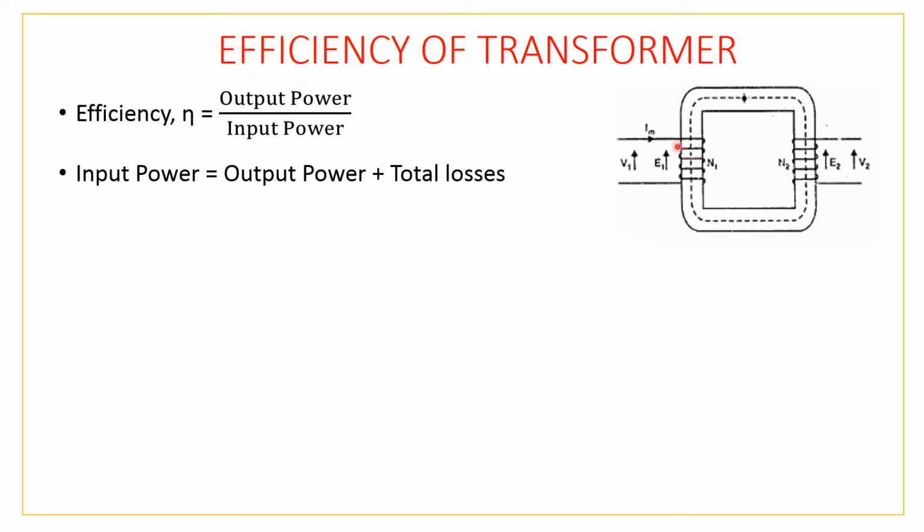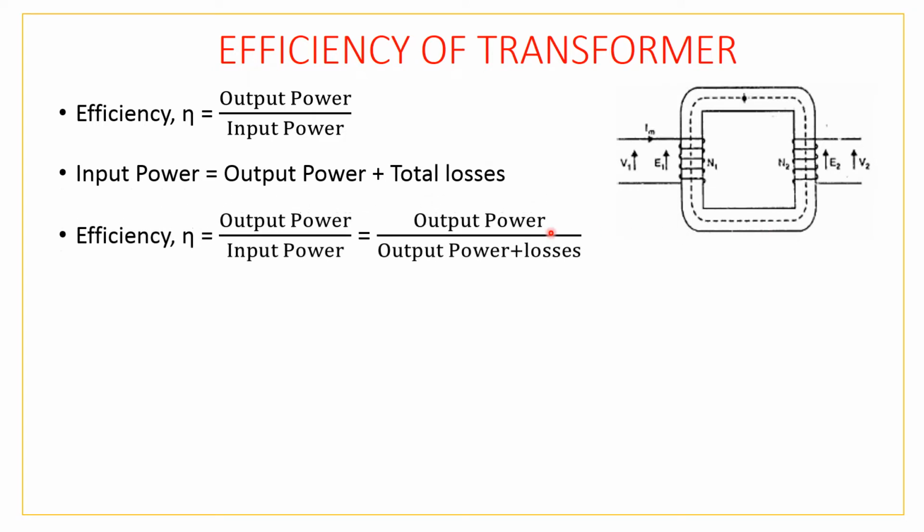So whenever I give the input power, the output power will not be the same as input, instead it will be lesser than the input. If it is a lossless ideal transformer, only then can I consider the output and input to be the same, so that efficiency will remain 100. But practically there is no lossless transformer. So remember this. Therefore input power is equal to output power plus the losses.